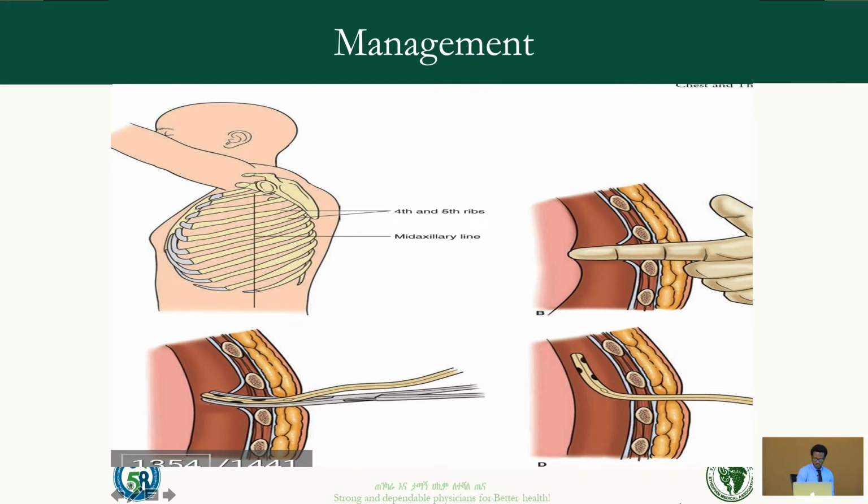As we have said, the majority of chest injuries can be managed with chest tube insertion, and chest tube insertion or tube thoracostomy is the commonest procedure performed for penetrating chest injuries. So it's important to understand when and where to insert a chest tube for our patients. This diagram illustrates